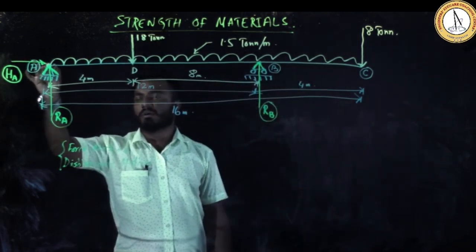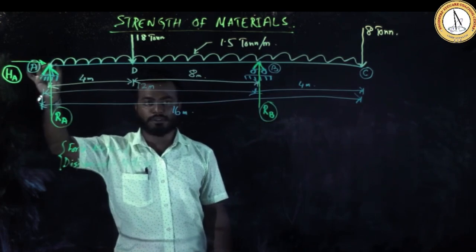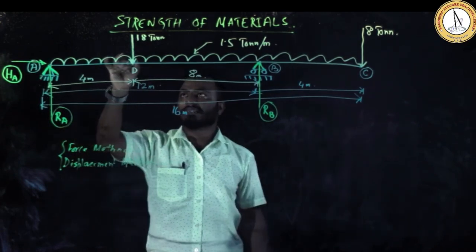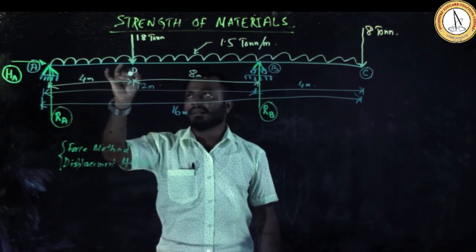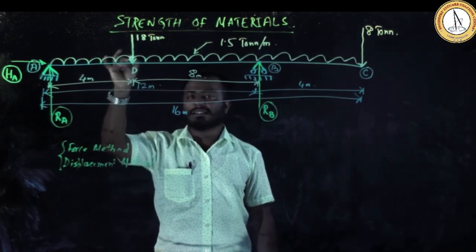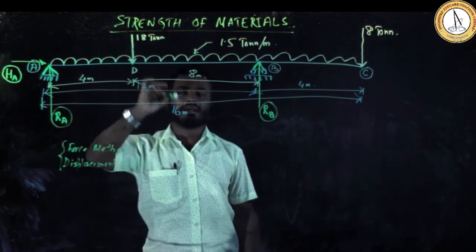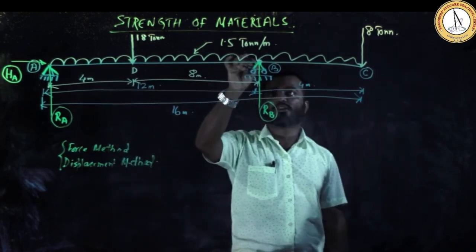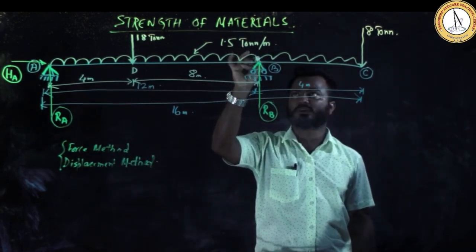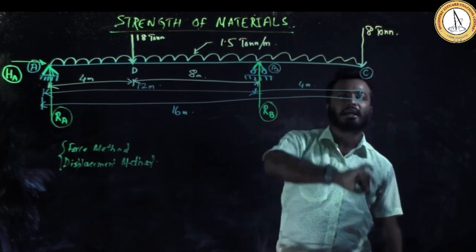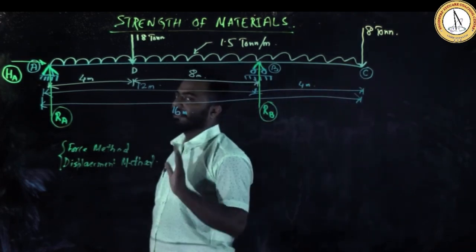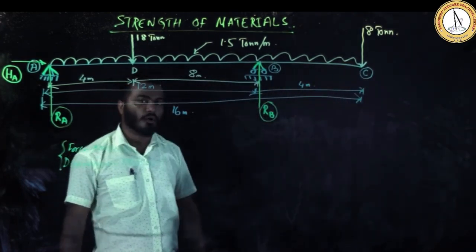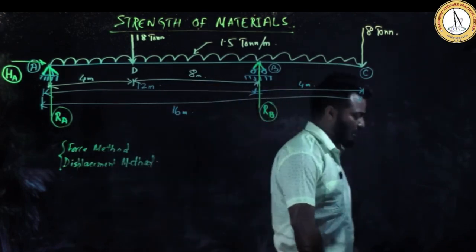This is the point where load is acting. Point load, you need to find the shear force at A. This is the point D, where point load and UDL is acting and meeting. So you need to find the shear force here. Similarly, here also point load and the UDL is meeting. So you need to find the shear force here. Similarly, at the point C also, you need to find the shear forces. Now, let's see what is the next step.